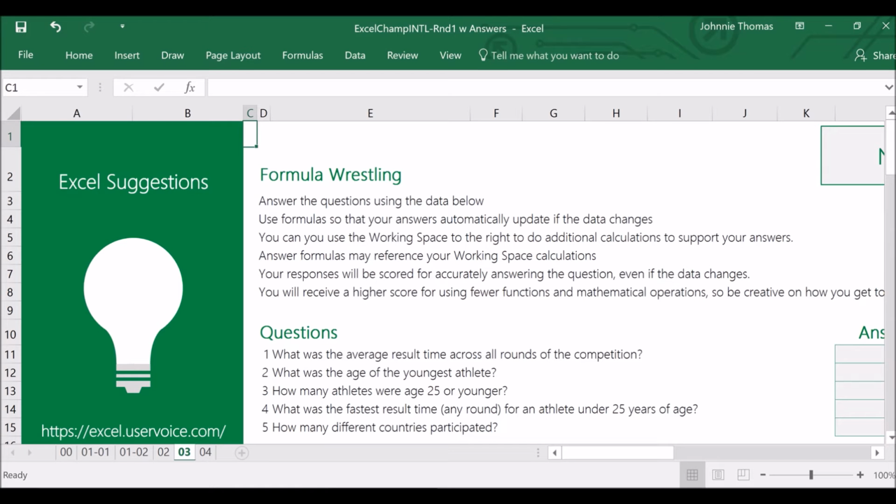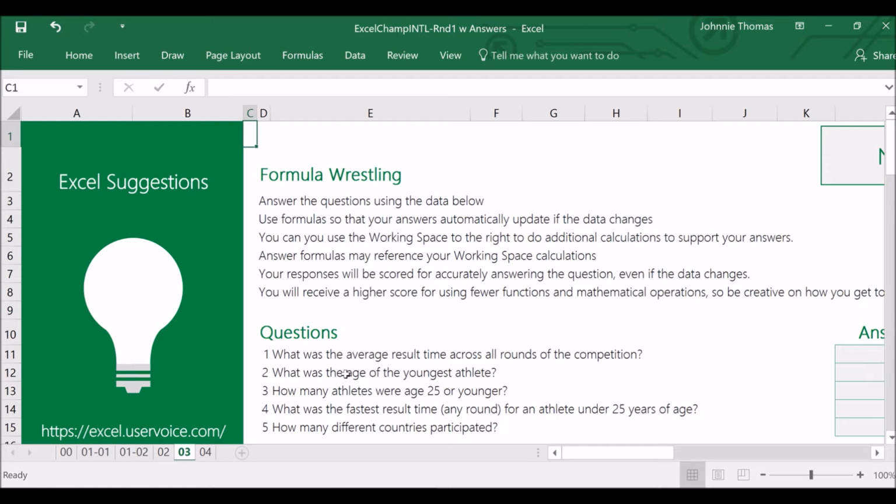In round one, the formula wrestling challenge was intended to be an introduction to formulas and building out functions. And so you see, we won't get overly complex. A lot of these questions can be solved with one formula or just a couple formulas strung together. It'll get a little trickier in questions 4 and 5, but hopefully as we work through each question, we get a little bit more comfortable with working with the functions, and so they won't be too tough a challenge to